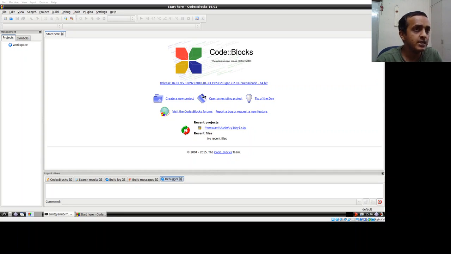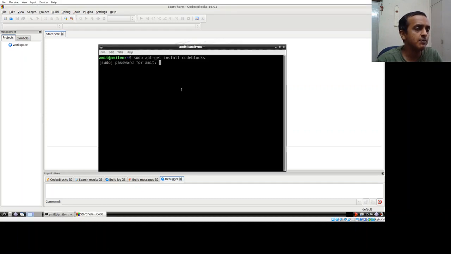In the case of Linux, it's also a single command to install Code::Blocks, and most probably you should have G++ and GDB installed. In case you don't have them installed, you can use the same command to install G++ and GDB.